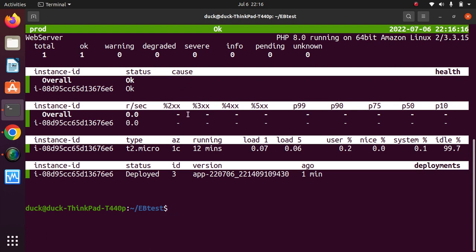So here you can check the health of the instance ID, right? This is the instance ID, it is showing the okay, and it is deployed. So everything you will come to know here. Okay, it is a web server, right? The environment is prod,